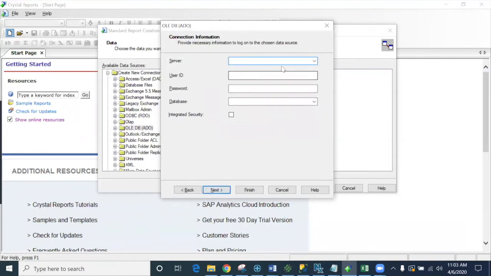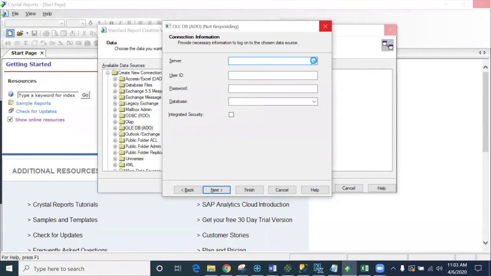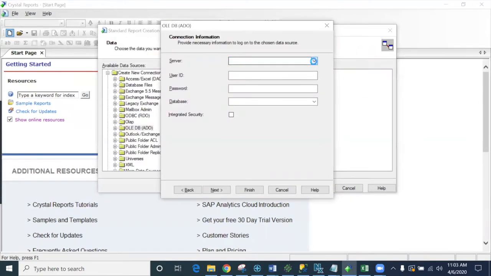Once I choose that, I have to select my server name, which takes a minute or so, enter a user ID and password, and select the database that I want to use for my reports. The user ID and password we're talking about here would not be the Windows user ID and password, but the SQL user ID and password. For most of you, that's probably going to be a user of SA, and many of you may have a default instance of SQL Server, which uses Counterpoint 8 as your SQL password,